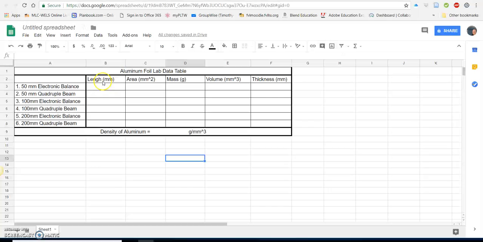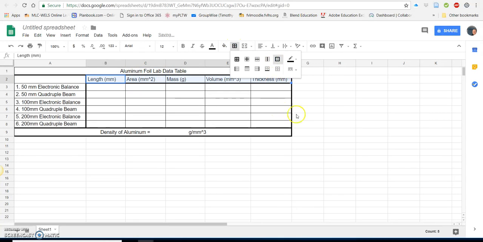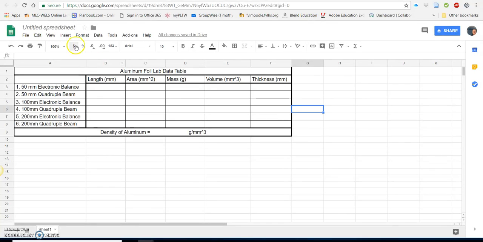Right. I guess technically I could come in here. One, I could spell length correctly. That would be helpful. Two, I could come in here and do that same thing with the border here just to make that stand out just a little bit more. All right. So once you have this finished, that's how you format it. That's how you create it. If you weren't in class to see how I did this, in the future I'll try and do something like this for other tables, just till you kind of get comfortable and know this, and you can do it on your own. All right. At this point now, we definitely want to save it,